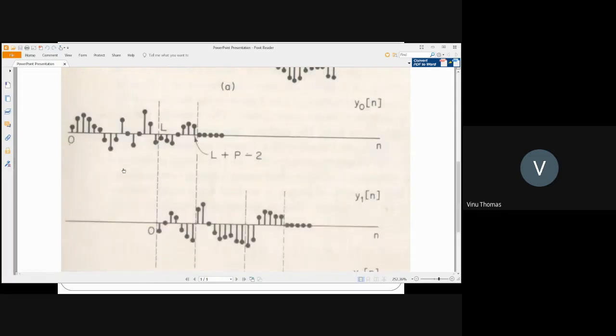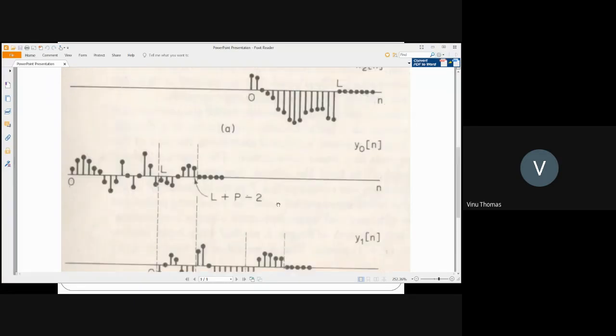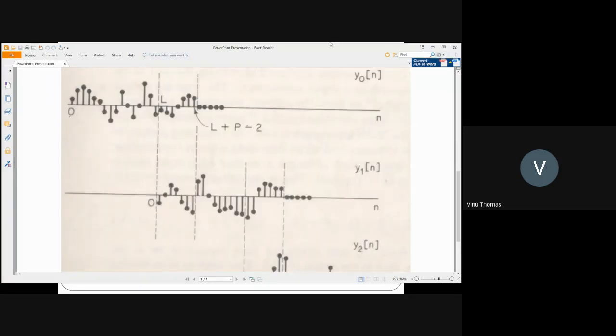Lakshmi, can you tell me why this is called overlap add? You can make a guess. I am not giving you the answer, but I have given you all the inputs for giving the answer. Why is it called overlap add? Lakshmi, are you there? Hello? Am I audible? Arvind?